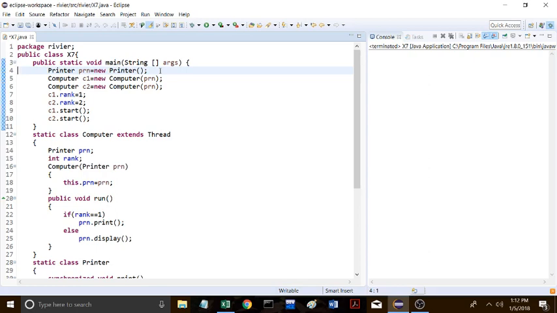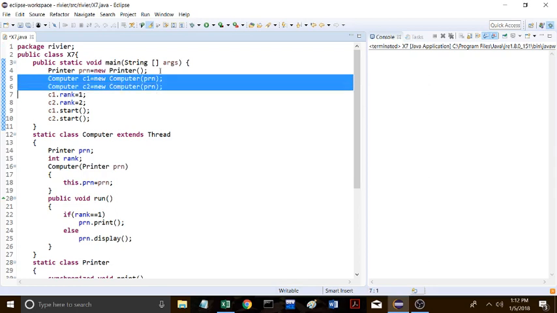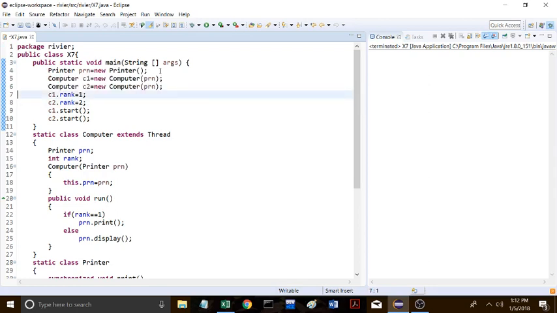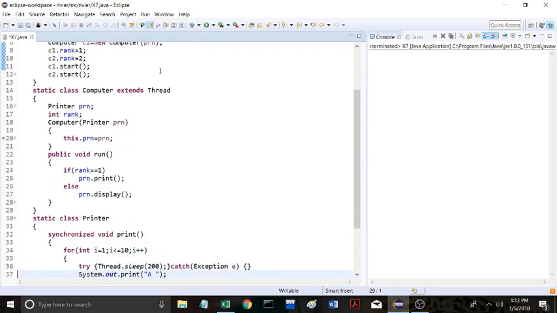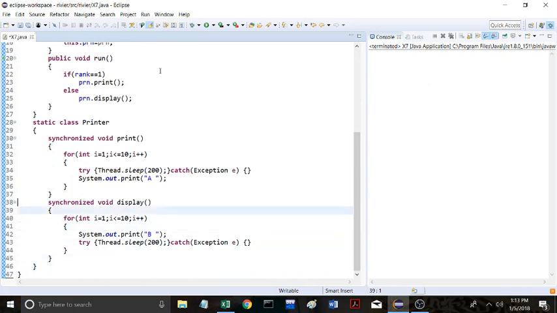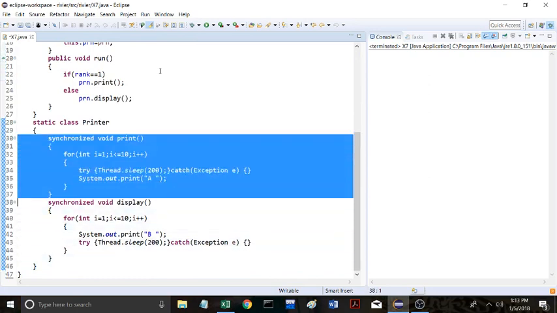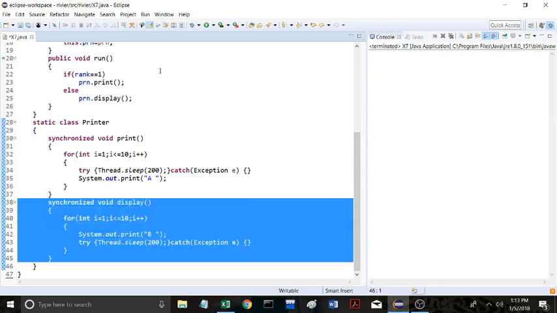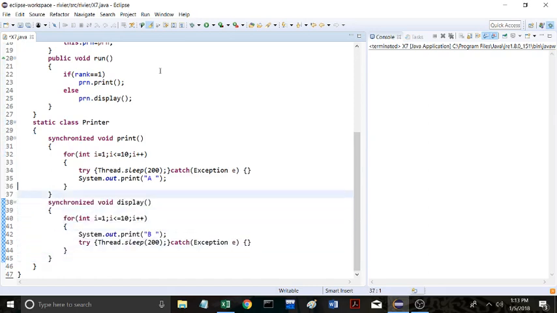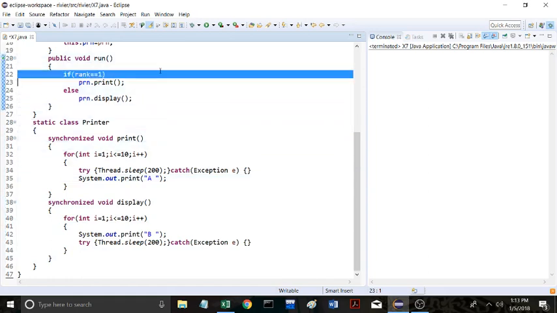See, this program has one printer object and two computer objects. So first computer is ranked 1 and second computer is ranked 2. This is just to differentiate between these two functions, like functions and methods. The computer with rank 1 will be calling print method, and computer with rank 2 will be calling display method,